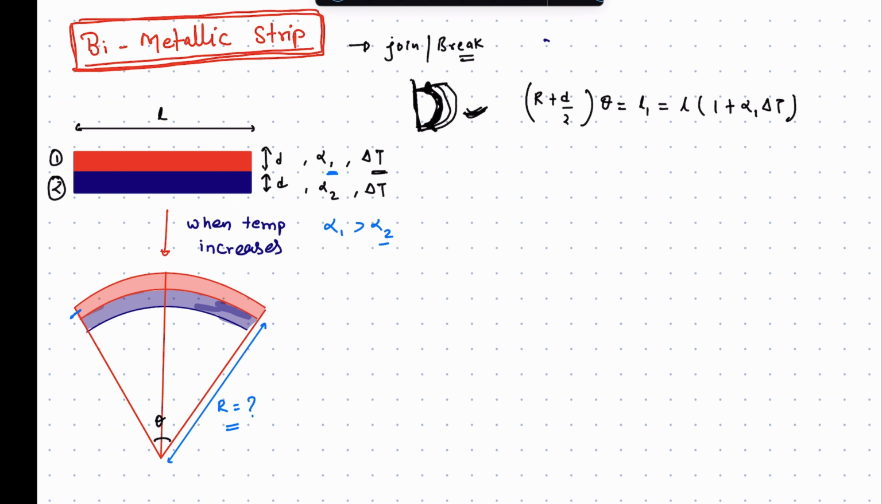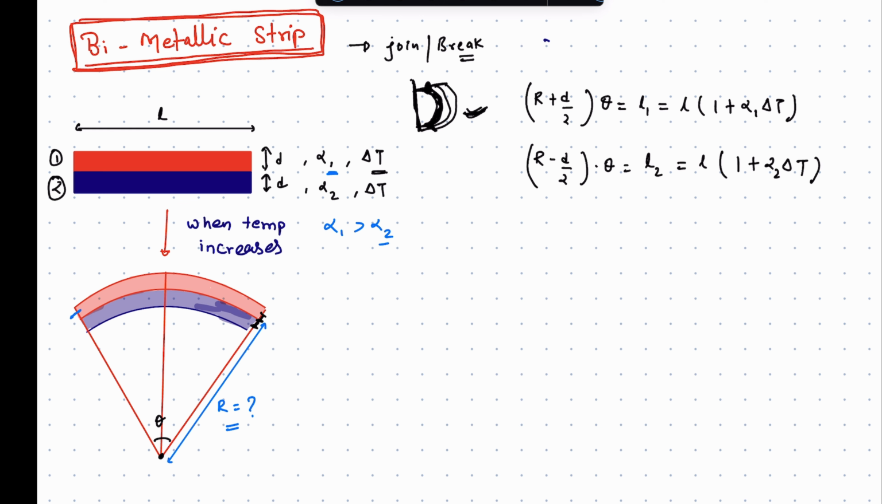Why am I saying R plus D by 2? Because this mean point radius is R, and from here I'm going at a distance of D by 2. Same way if I go here, this is R, and then if I go inside, the radius of curvature from this point is going to be R minus D by 2. So R minus D by 2 times theta is going to be length 2, and that is